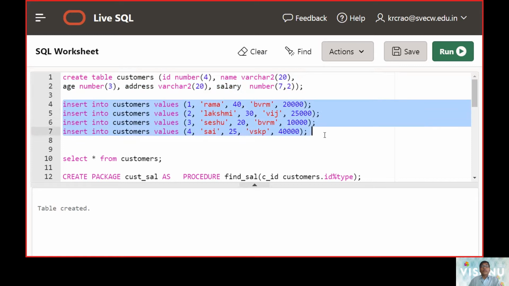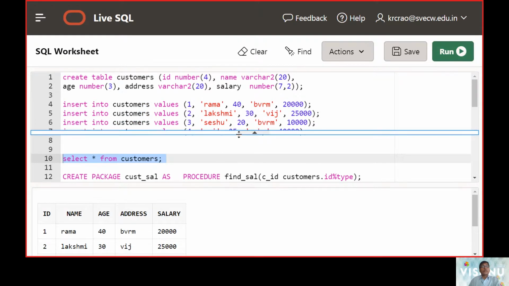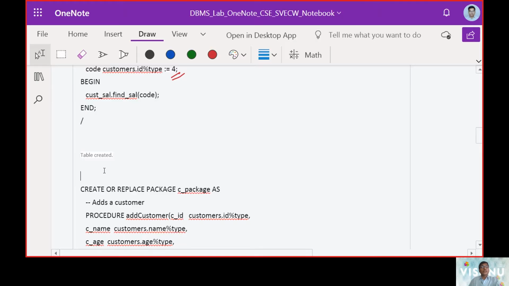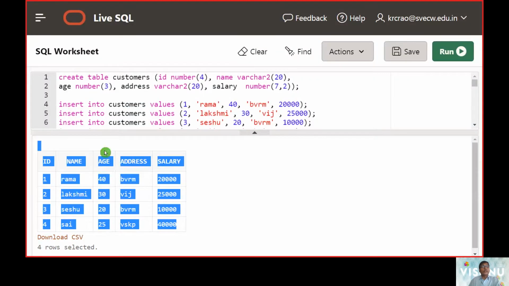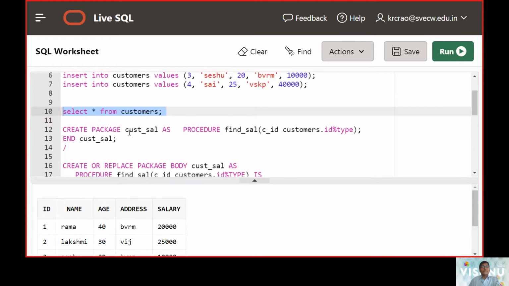Then we made 4 insert commands so that 4 rows were inserted, and thereby we are now making a data query language, DQL, select command. Now all the 4 rows we inserted occur here. You can see ID, name, age, address, and salary. There are 4 tuples included in this case.